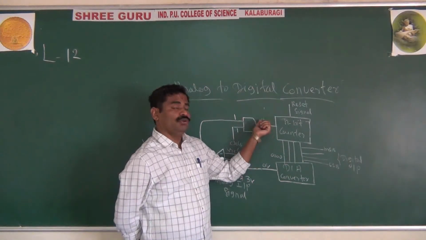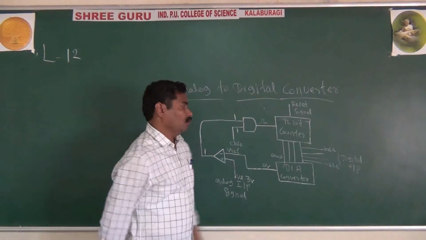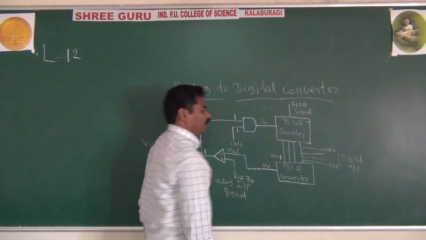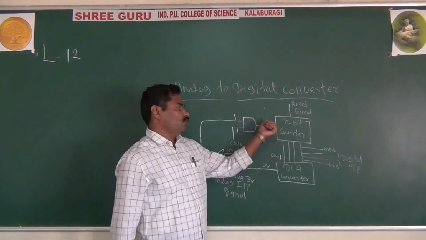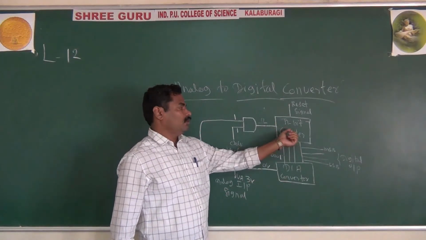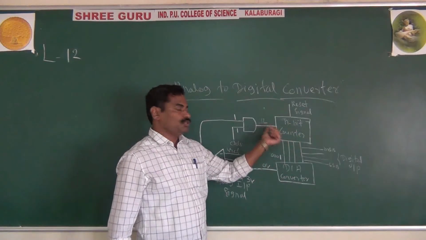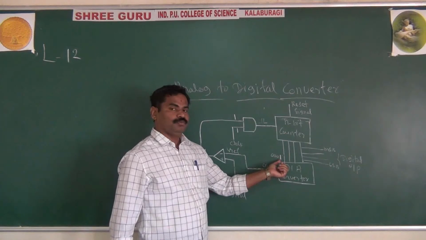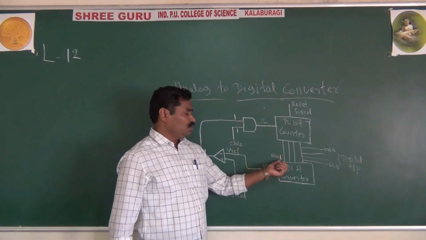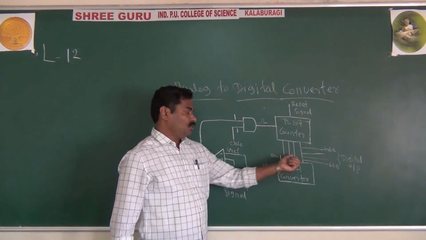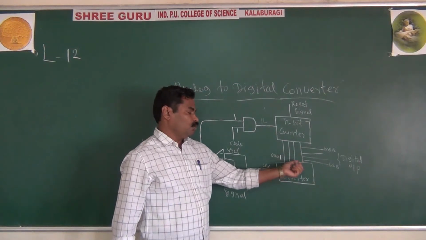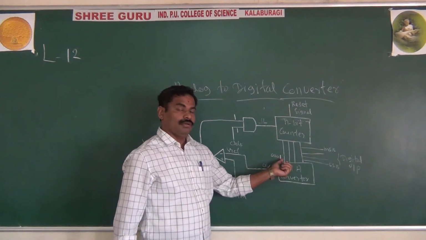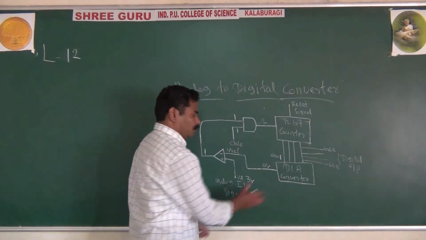Here only one clock pulse is there, so the counter counts this clock pulse, and at the output of the counter we get 0, 0, 1. Once again, this 001 is in terms of digital. You give this as the input for the DAC converter, and the DAC converter converts 001 digital to analog, which becomes